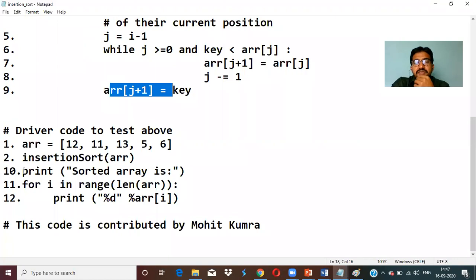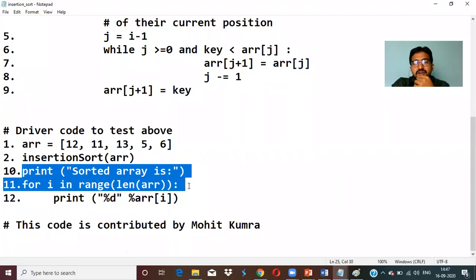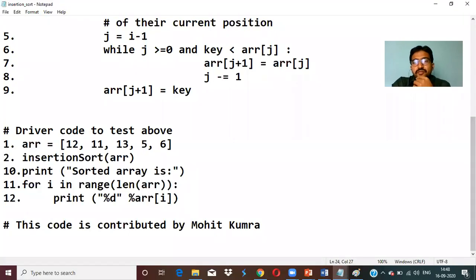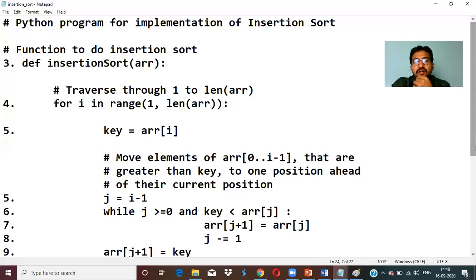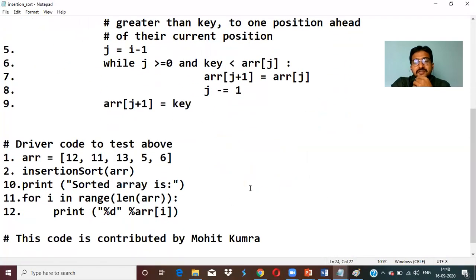Now, once the for loop fails in the function definition, it comes to the 10th step. After the 10th, it goes to the 11th step, and then to the 12th step. Okay, so like this, the graph we just drew for even and odd, in the same fashion, please try to draw that also. For the definitions also, you can draw that one. So please try yourself how the program will execute over here.